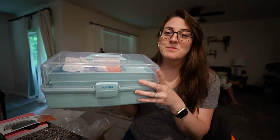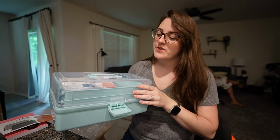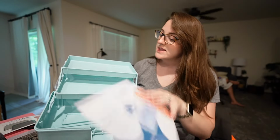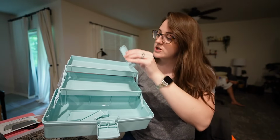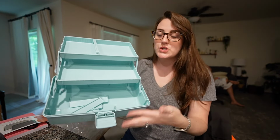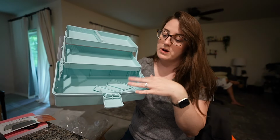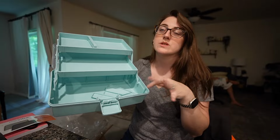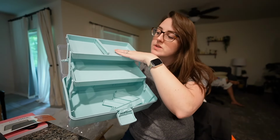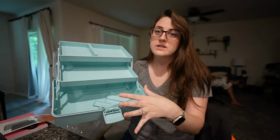And this is basically a tackle box, but it is for all of the different kinds of medications that I'm going to be needing. It has all these different layers and interchangeable sectionings that you can put in, just whatever suits you best. I've seen a lot of women put the syringes in the bottom, and then the medications and the needles can go at the top, but it's just something to help me get everything organized so that whenever